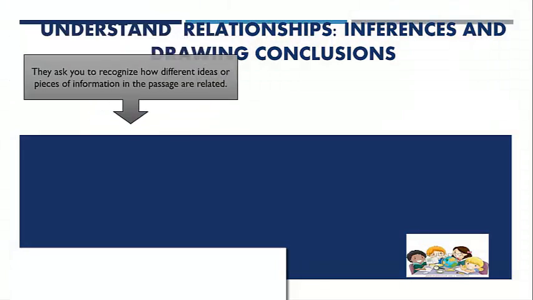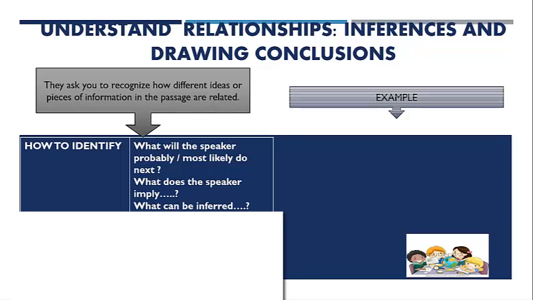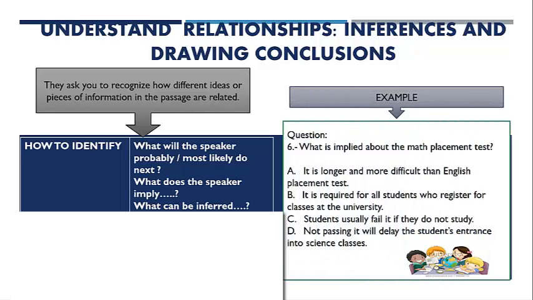Understand relationships. They ask you to recognize how different ideas or pieces of information in the passage are related. To identify these questions, you have the following questions. What will the speaker probably do next? What does the speaker imply? Or what can be inferred? For example,